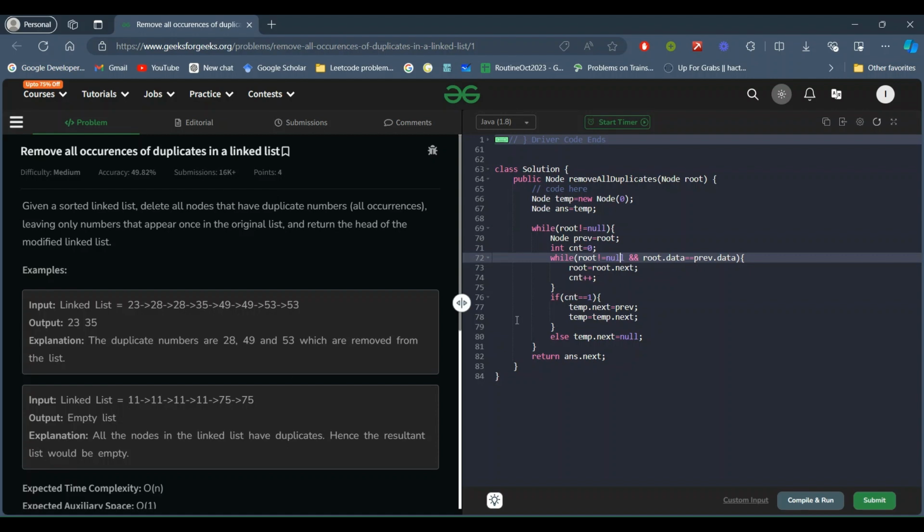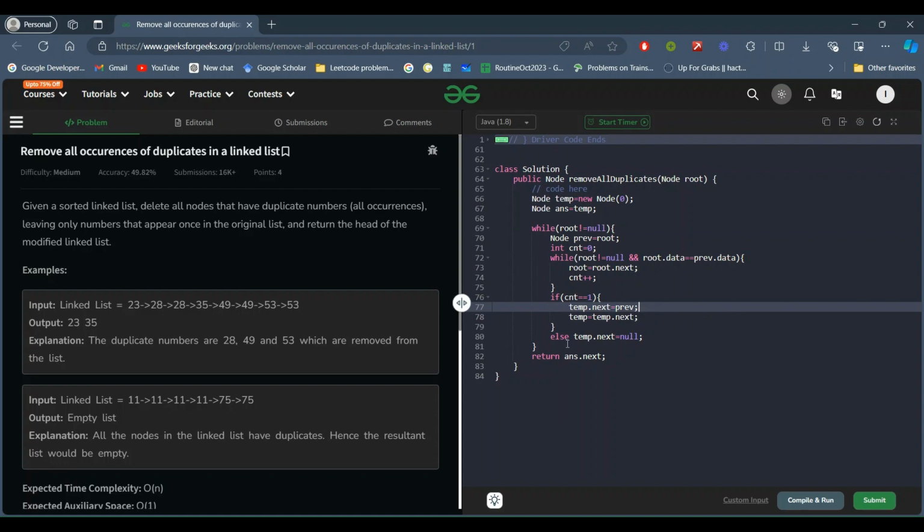If the count is 1, it means there is no duplicacy. Then we make sure that temp is pointing to the current node, because the repetition is only once, and then temp will be the same node.